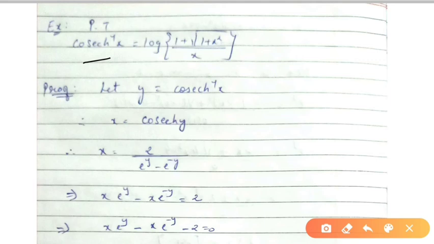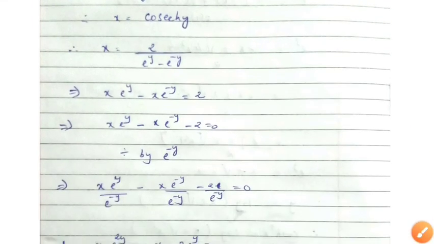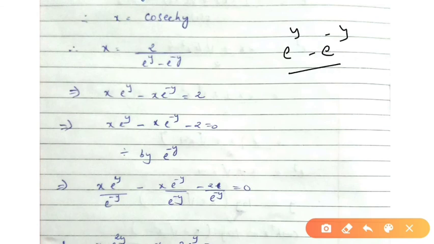Okay, this is just the reciprocal of sine. We know that cosec is the reciprocal of sine. Okay, see, now again we will assume the same thing. y equal to cosec h inverse x. So x will be equal to cosec hy. Now see, we already learned the formula of sin hy. Sin hy was e raised to y minus e raised to minus y upon 2. So the formula of cosec hy will be just the reciprocal. So this will be written as 2 upon e raised to y minus e raised to minus y.